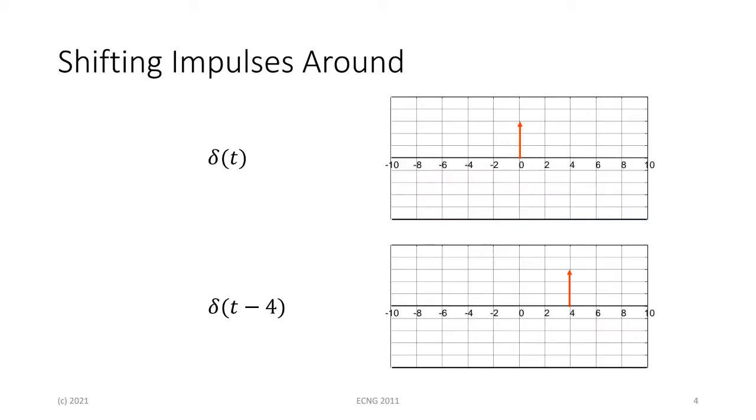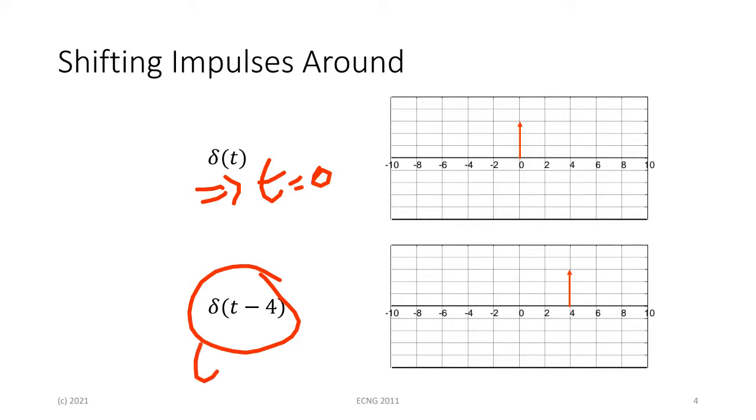As we did last week, if you shift signals around, where the signal actually is determined by the index inside of here, right? So delta(t) is at t equal to 0. Delta(t minus 4) is at t equal to 4. Delta(t minus 5) would have been t equal to 5. Delta(t plus 5) would have been t equal to,